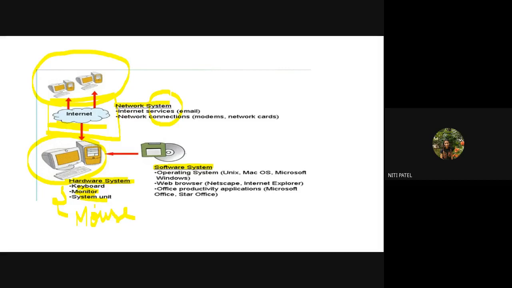Now, apart from hardware, what you get inside the computer system when you buy it is the software part. What is that software part? It is nothing but the operating system. If I only buy a computer and ask it to work, it will not work. Why? Because there is no OS in it. If you do not have an operating system, your system cannot work. Even if you have hardware, monitor, everything, but there is no operating system, your system will never work. So what is the function of that operating system?